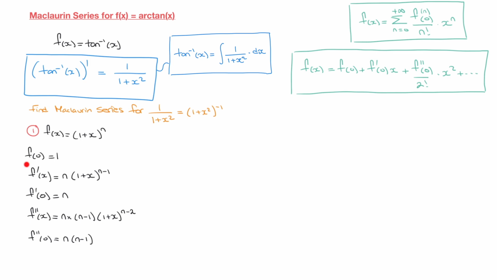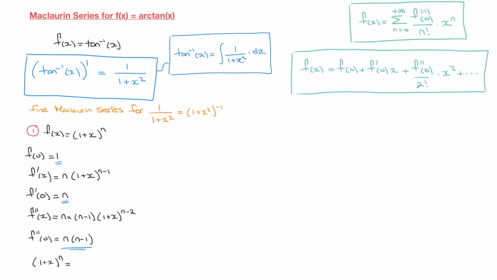Okay, now that we have f of 0, f dash of 0, and f dash dash of 0, we can substitute the three results we have, so 1, n, and n times n minus 1, inside the formula we have here. And so keeping in mind that f of x is 1 plus x raised to the power of n, we can go ahead and state that 1 plus x raised to the power of n is equal to f of